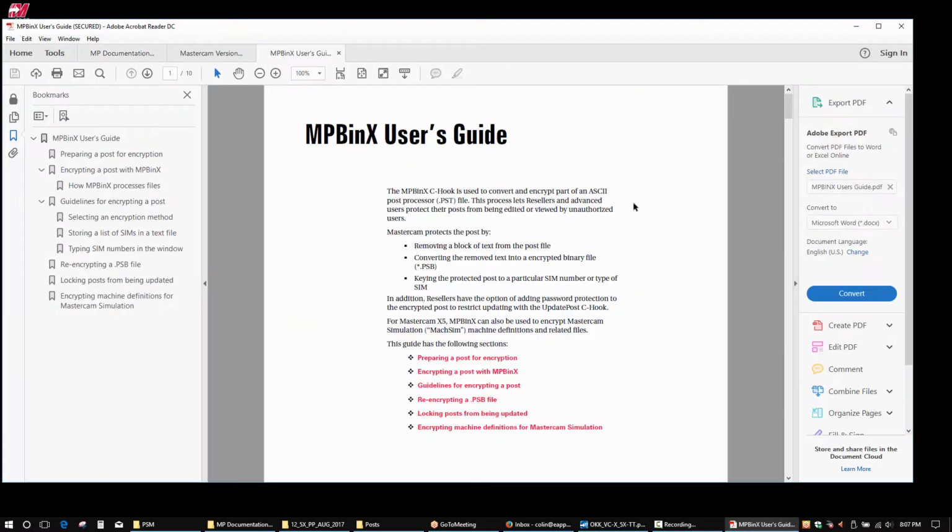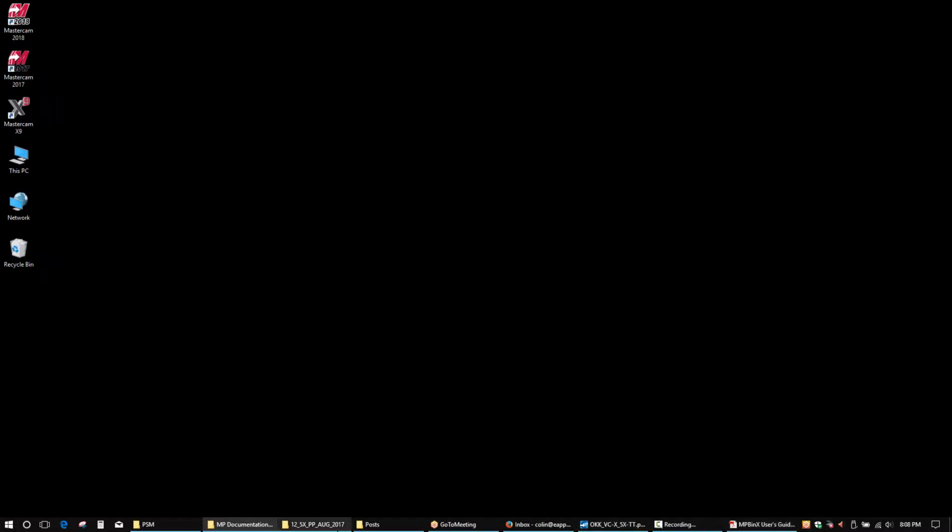And I would encourage everybody to read this. Basically, it talks about the process of encrypting a post processor. So how do you take a portion of the post and encrypt it? With the generic Fanuc 5x mil post,